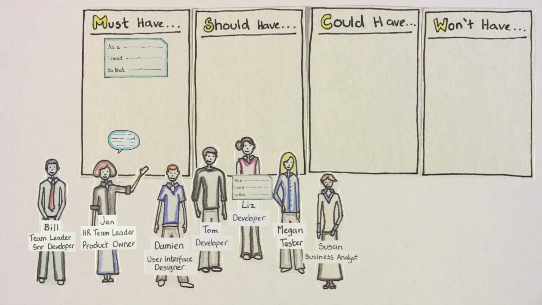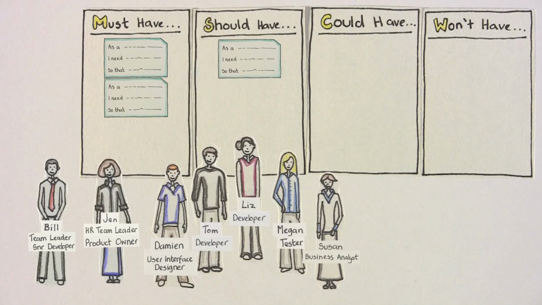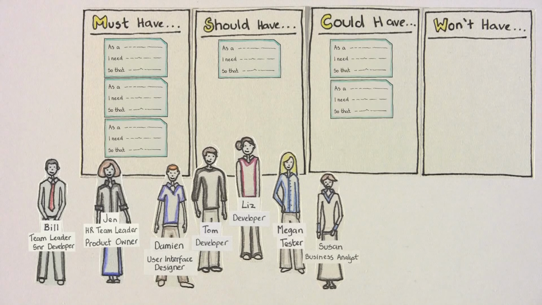Thanks, Liz. I thought at first that it was a must-have as well. Thinking about it though, while this feature will make it easier for people to submit feedback, maybe we need to ensure that people can actually submit feedback and that we add the save and submit later functionality in the future. So, let's put this story in the should have column. Does everyone agree? In the end, all the cards are organised into columns based on their business value. Bill is happy. His team is one step further in planning the work.